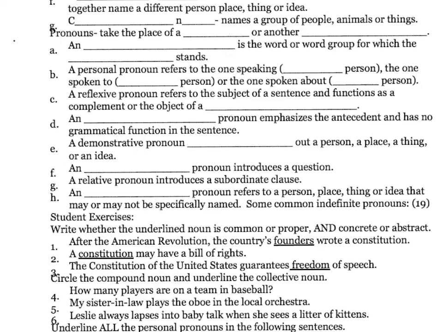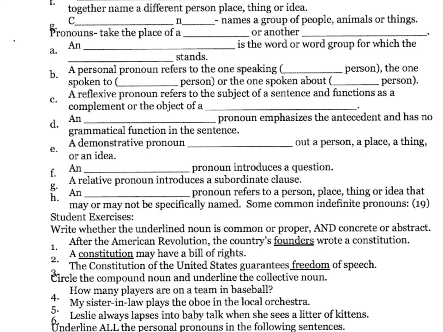D, an intensive pronoun, is going to emphasize the antecedent without a grammatical function in the sentence. E, a demonstrative pronoun, points out a person, place, thing, or idea. And then F, an interrogative pronoun, introduces a question. G, a relative pronoun, introduces a subordinate clause. And this is all very specific, but you'll see the same words, and knowing their function in the sentence is going to come in handy when we do parts of a sentence, and that's going to be our next major unit. And then H, an indefinite pronoun, refers to a person, place, thing, or idea that has not